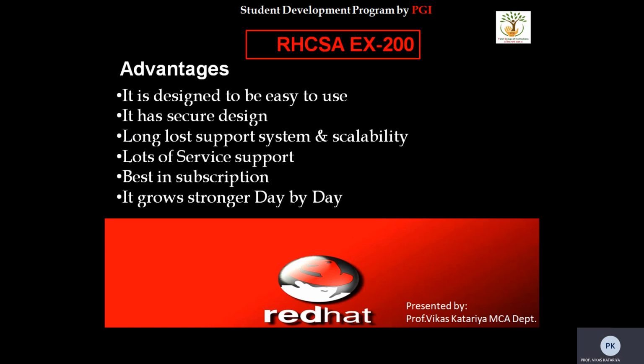It is the biggest reason why industries have shifted to Red Hat Linux, because big industries have reduced the cost of purchasing licenses, as we have to purchase a license for Windows. If we have 10 employees, we have to purchase 10 Windows licenses. It makes a very huge cost. Suppose we have 1,000 employees, we have to purchase 1,000 Windows licenses, one for each employee. Again, it makes a huge cost paid by the industries for a single operating system.